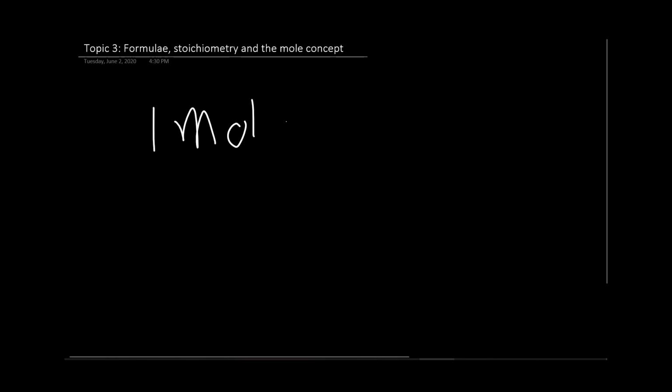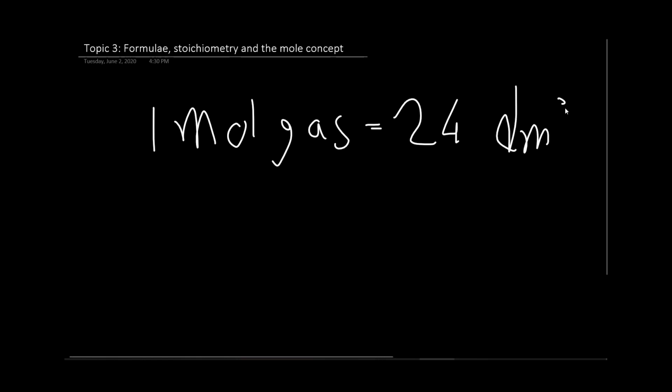There's another relation, that 1 mole of any gas will occupy a volume of 24 dm cube. Like 1 mole of carbon dioxide will have a volume of 24 dm cube. 1 mole of hydrogen will have a volume of 24 dm cube. 1 mole of hydrogen chloride will have a volume of 24 dm cube, and so on. 1 mole of any gas will have a volume of 24 dm cube, right? So any gas in 1 mole will occupy a volume of 24 dm cube. Just to note,